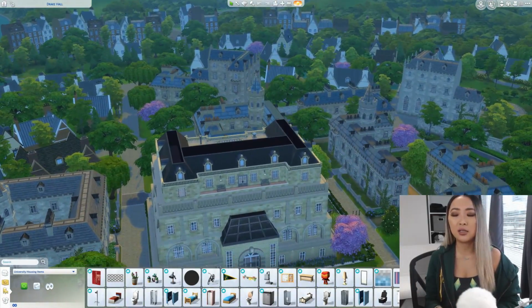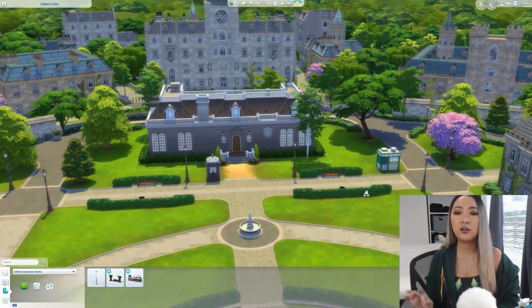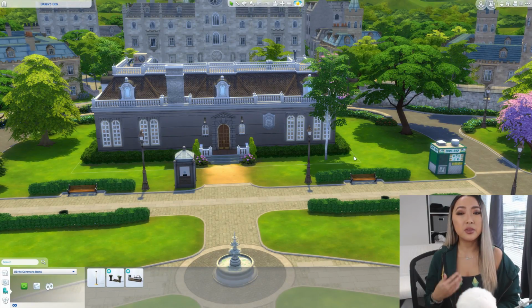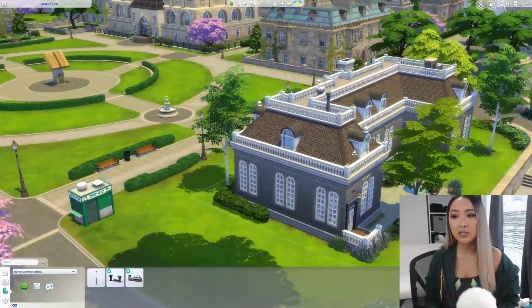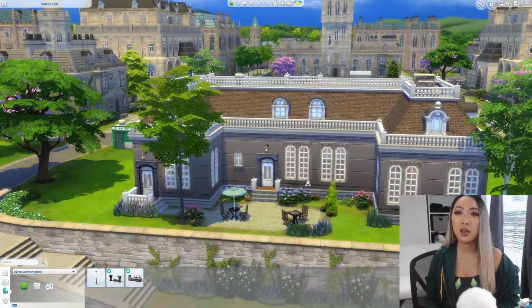But some of these, like the style is really, really nice. They got the roofing really beautiful. They got the landscaping and the detailing so nice. So personally, I have to say, you guys, I am quite impressed with the quality of the exteriors and interiors